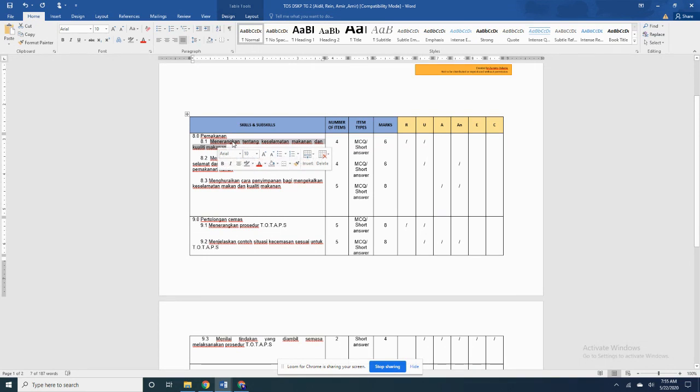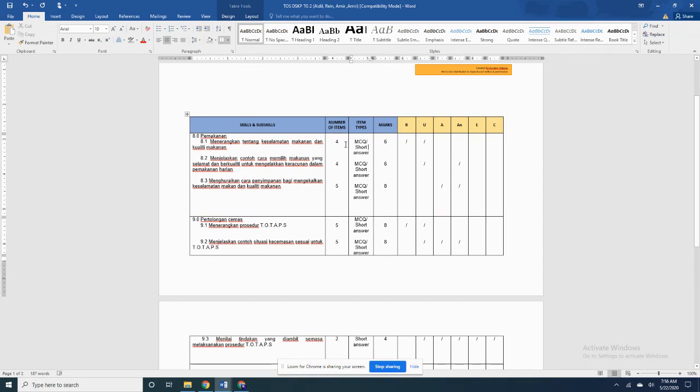I do understand kadang-kadang you mungkin ada soalan, satu soalan yang tanya tentang dua-dua perkara ini, then soalan itu tidak bagus because the question itself assesses two different aspects. Remember that one item looks at one aspect sahaja. So ini memang kena pecah kepada dua. So when you break this into two groups of items, keselamatan, lepas tu another one, kualiti makanan, right? This has to be broken down more as well. And dia tak boleh campur.